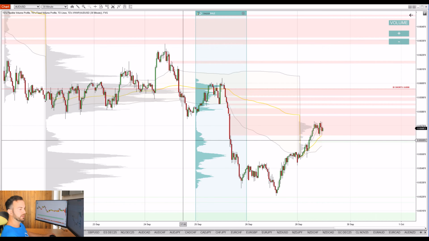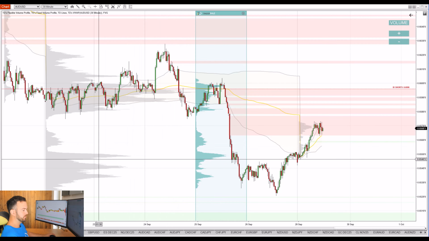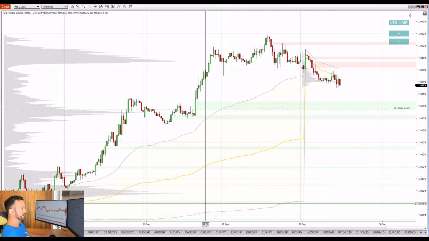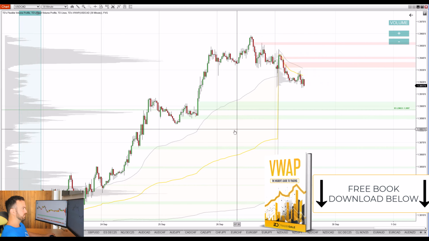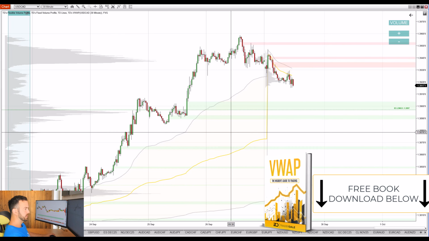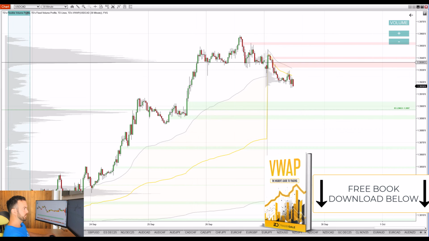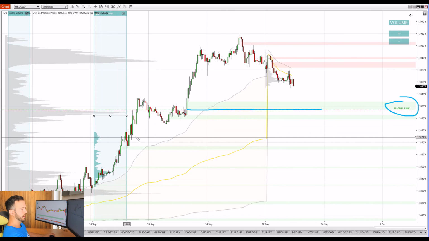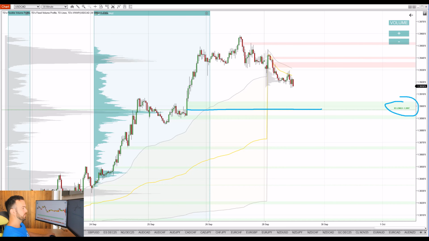All right, let's take a look at the last trading idea, and that will be on the US dollar Canadian dollar. So this is the US dollar Canadian dollar 30-minute time frame, and in here what I want to show you is a support, this one at 1.3897. If you look at the volumes and how they were distributed throughout the whole uptrend area,